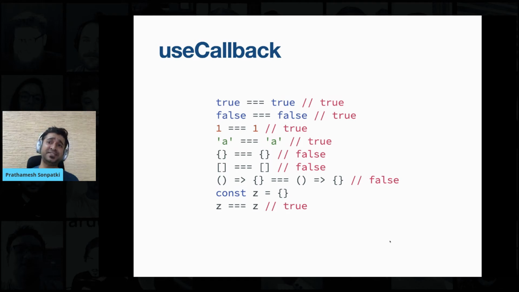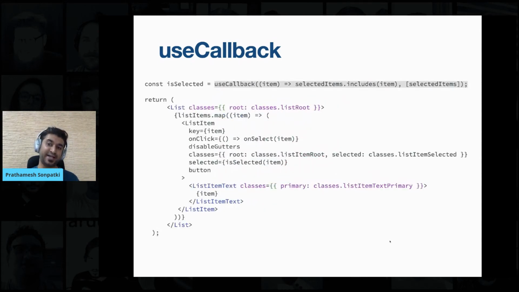So in the case of effects where we are using objects as arrays and maps in our components, during re-renders, even if their content doesn't change, because the object gets created again, the components get re-rendered unnecessarily. For example, if I have an array object for selected items, and I pass that selected items in a function to my list component, then during re-render, even if my list items are not going to change, because that object gets recreated, my component gets re-rendered unnecessarily.